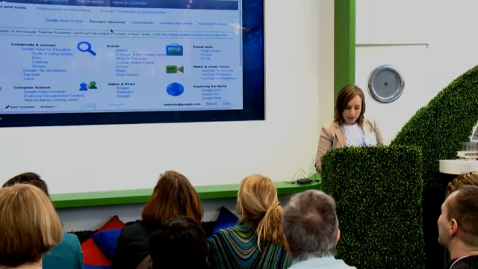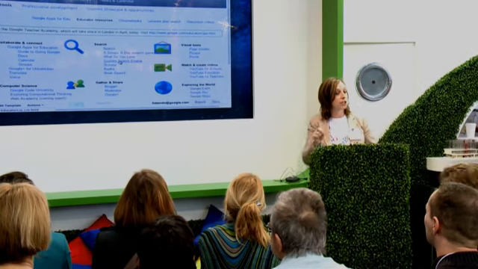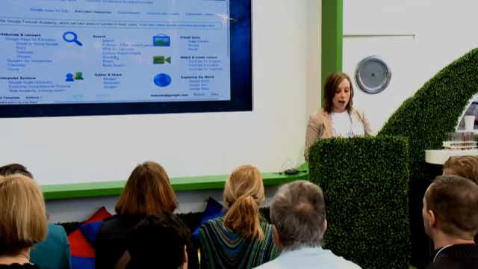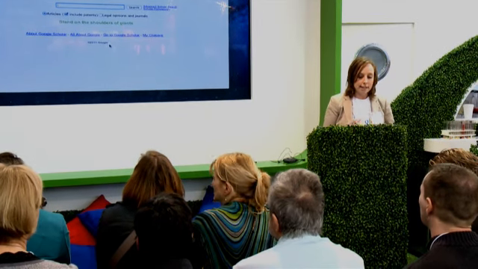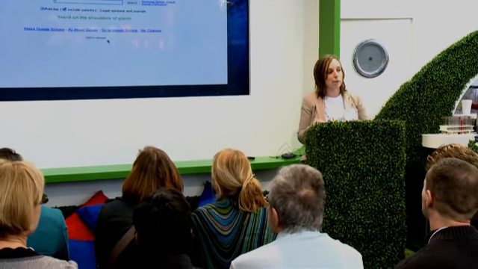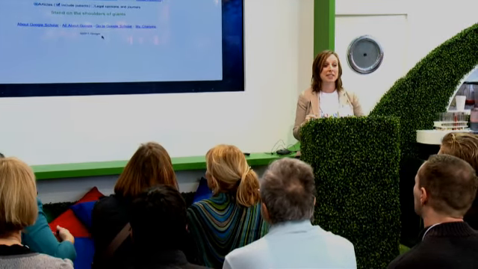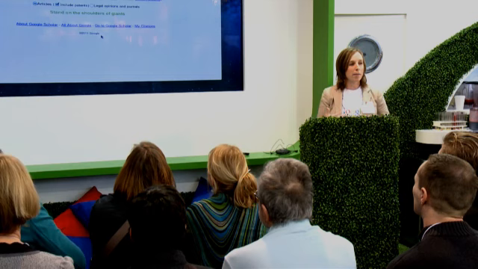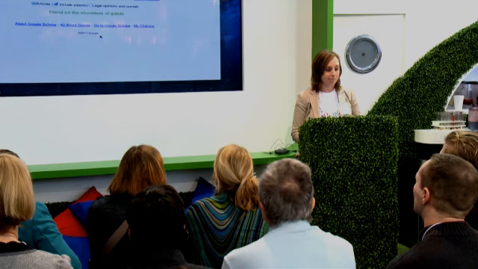Let's see, what else do we have here? Book search, books. You can create a custom search engine for your website. Just searches over. So if you have a class website or a school website, this tells you how to do that. And Scholar, as you probably know, allows you to search scholarly journals. And also, some of the most exciting things is it allows you to see what other works that people have published, which really helps students get an idea. For example, how often has it been cited? How many other works has this person written? Again, helping our kids think about how they evaluate the quality of the results they're finding. So there's new tools coming in there every day.